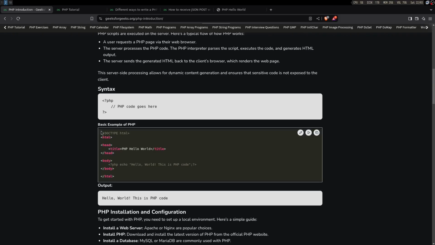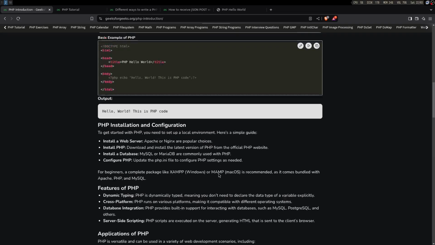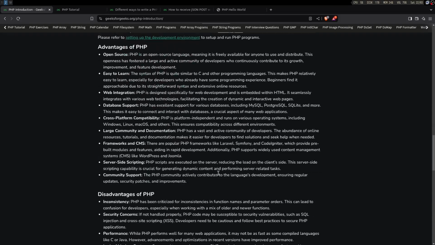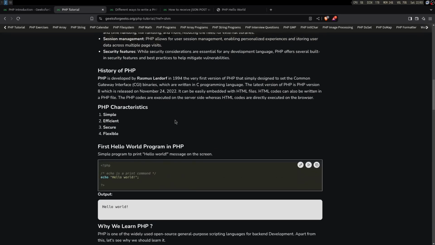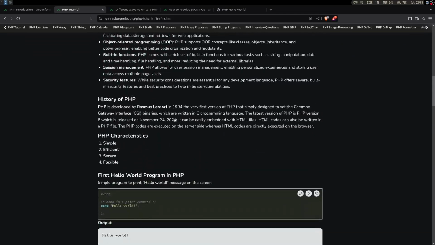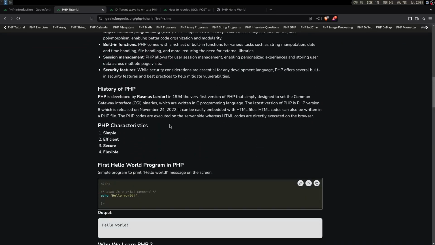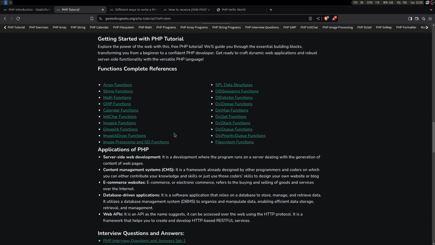Because it says, this is a basic example of PHP, but then how do I actually run it? I'm pretty sure this is gonna be the hardest step, figuring out how to actually run this stuff, but